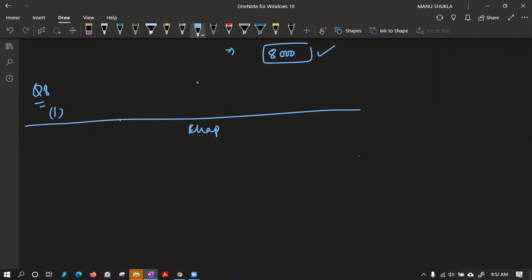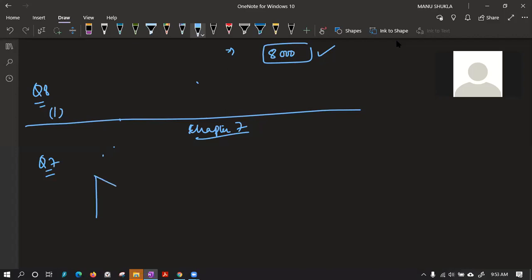Chapter number 7. Finally, the date has come when we are discussing that. It is question number 7, on page number 150, question number 7 of exercise 7.2. The question is saying, in a squared sheet, draw two triangles of equal areas such that the triangles are congruent. First is very easy. You can take two triangles like this, two right angle triangles.